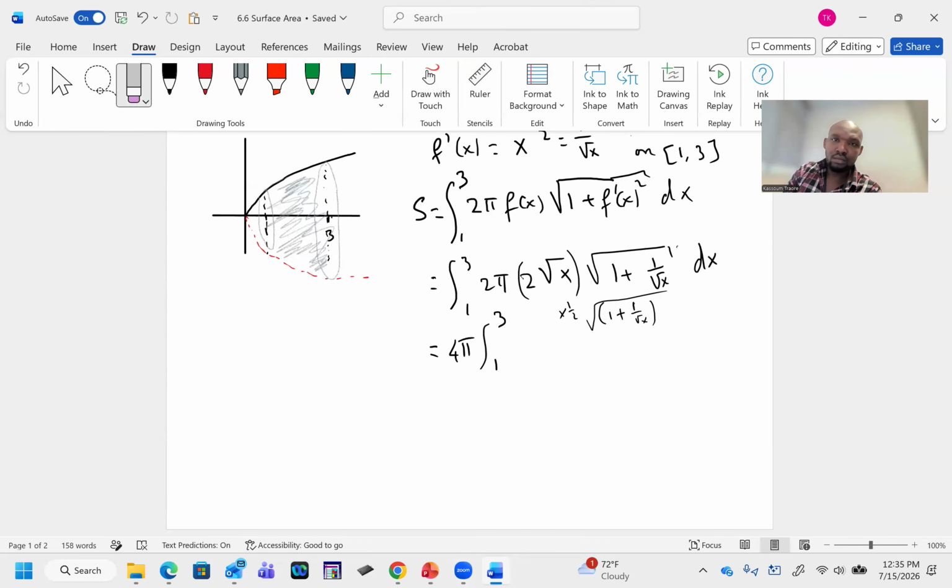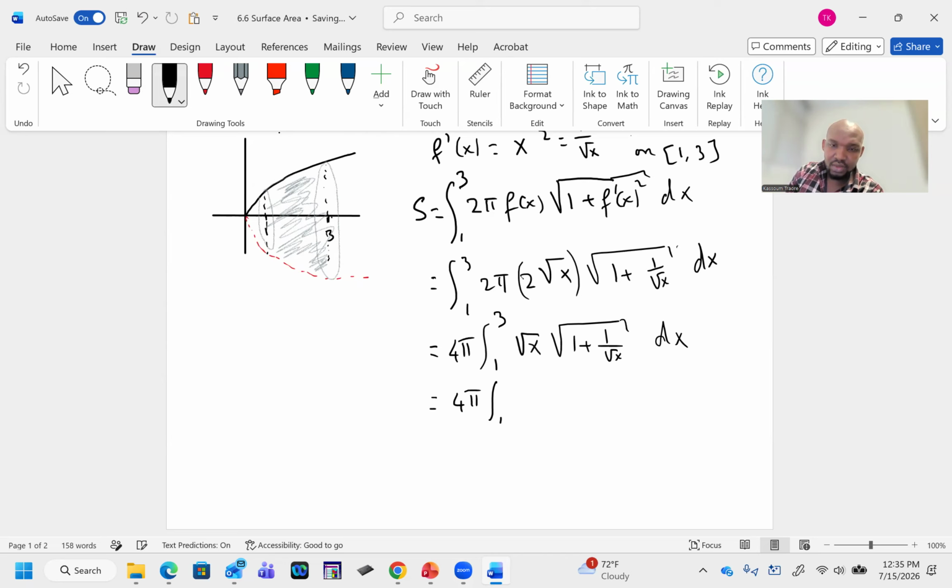So we are going to simplify this one. Once I take the 4 pi out, it will leave square root of x times square root of 1 plus 1 divided by square root of x. So if I distribute, this will give me 4 pi integral 1 to 3 x times 1 plus 1 divided by,